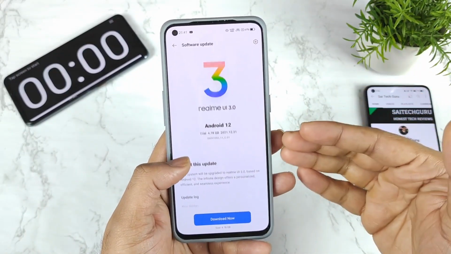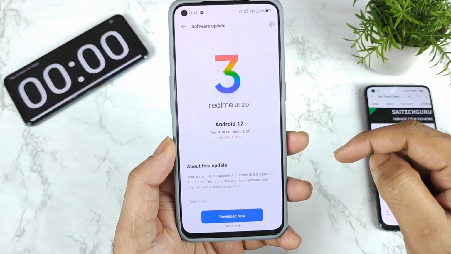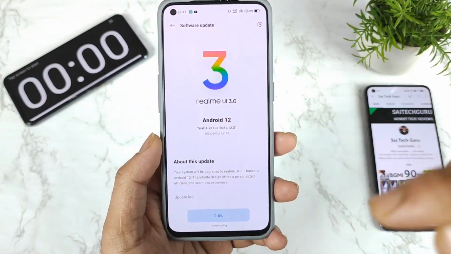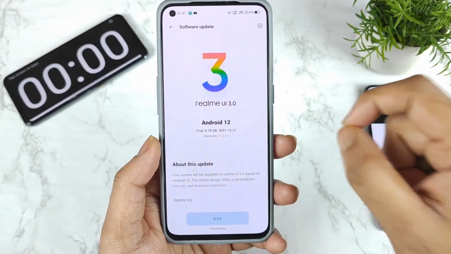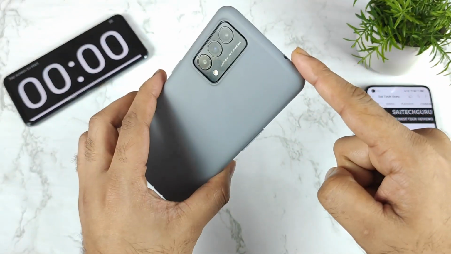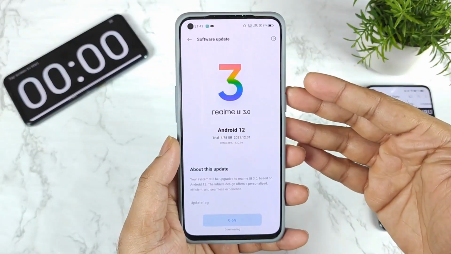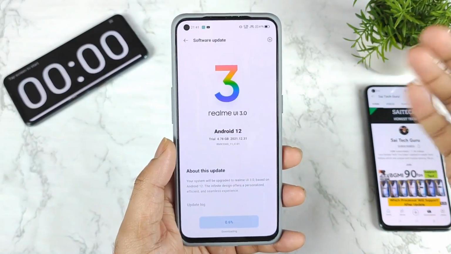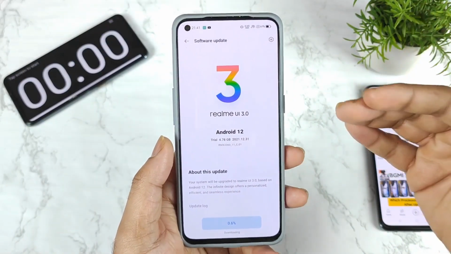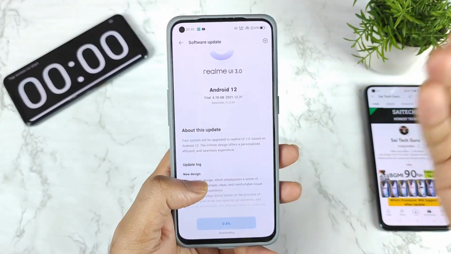So I was lucky enough to get in the first batch itself on the Realme GT Master Edition. The update size is close to 4.78 GB. So let me click download meanwhile. Right now it's downloading, as you can clearly see friends, and exactly on the 31st of December the update was received on my device. That's really fantastic because Realme did promise that the Realme GT Master Edition will be getting it in the December month. So I thought Realme forgot about this phone and maybe I need to wait for the next 1 or 2 weeks, I guess. But surprisingly Realme did send me this early access update. That's really very good from them. This is a really good gift from Realme to the Realme GT Master Edition users. I can definitely say that.